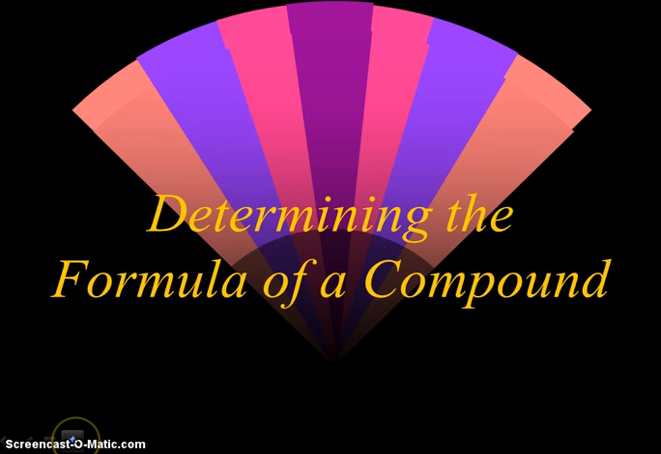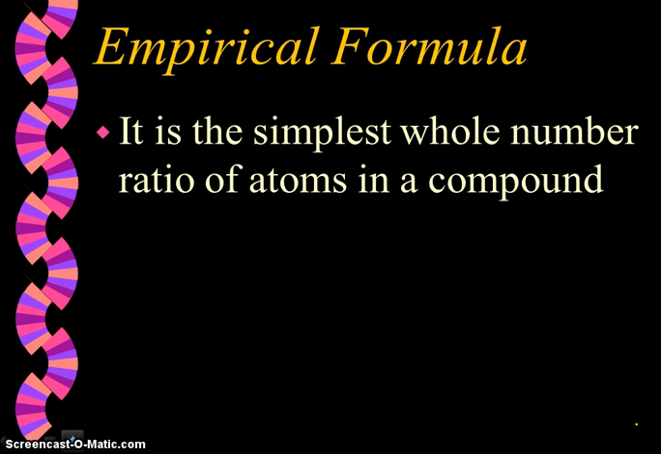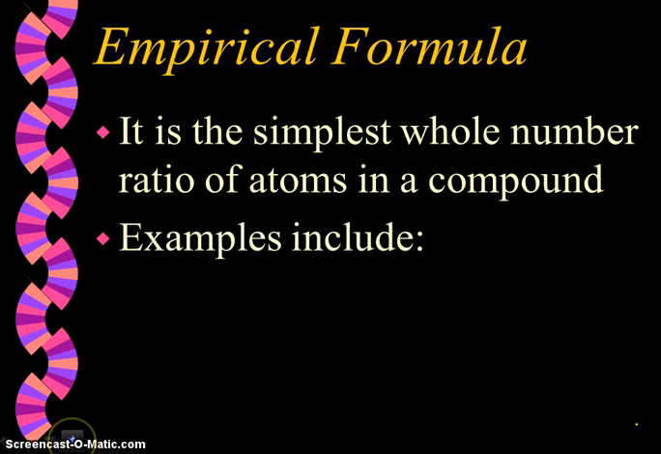Determining the formula for a compound. There are two types of formulas that we're going to be dealing with in this section. The first type of formula is called an empirical formula. And the empirical formula is the simplest whole number mole ratio of atoms in a compound. So to look at a few examples,